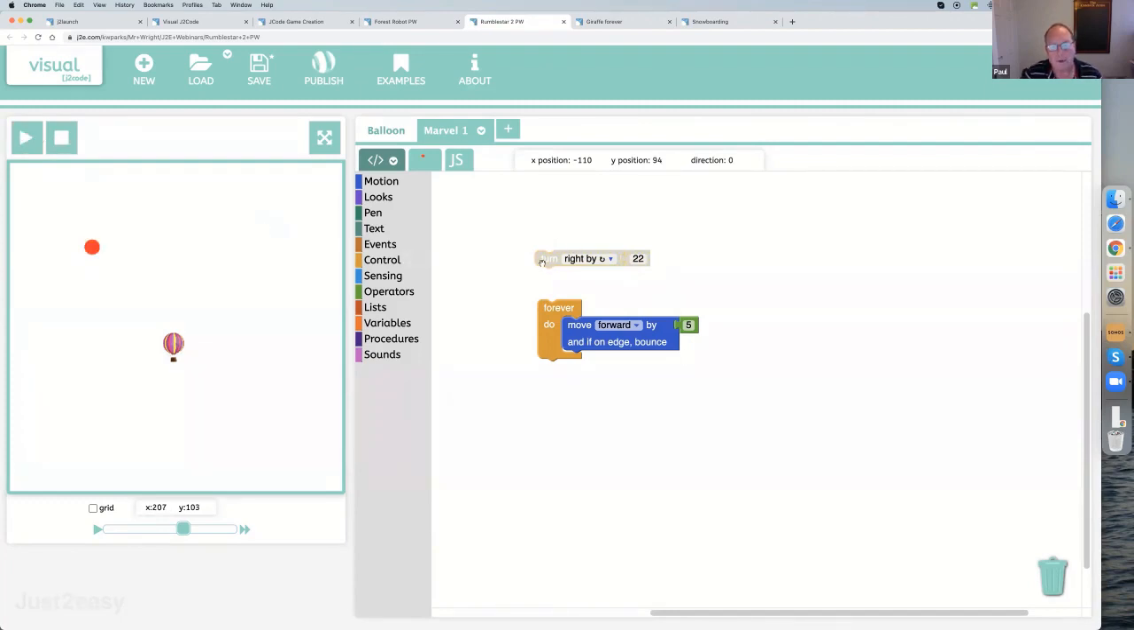So we just throw in a turn to get it off that path, and then when it hits the edge, it'll bounce off at random angles. Okay, so that's a way of getting a sprite to move around on its own without being driven. Okay, so let's have a look at